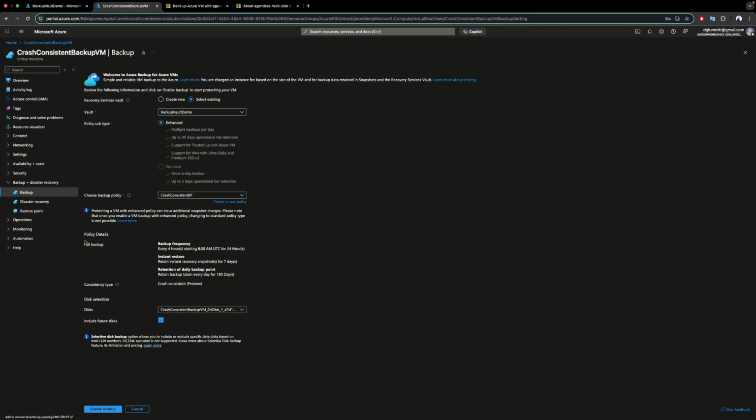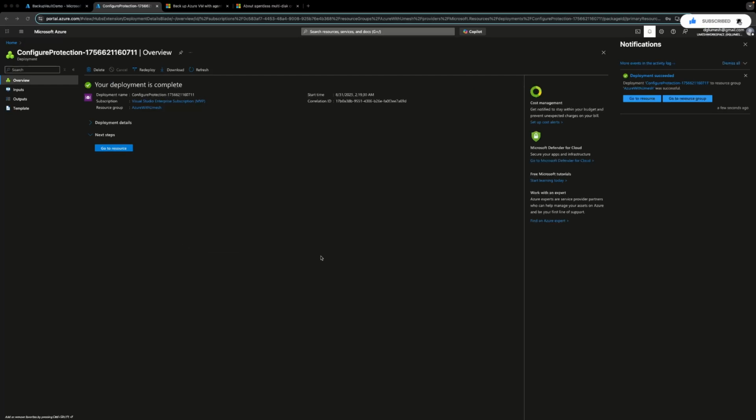The backup policy information will appear here. This is the virtual machine disk. I have only one disk, and just click on enable backup. It will take some time. Once it is enabled, I will come back. Okay, backup has been successfully enabled. You can click on go to resource here